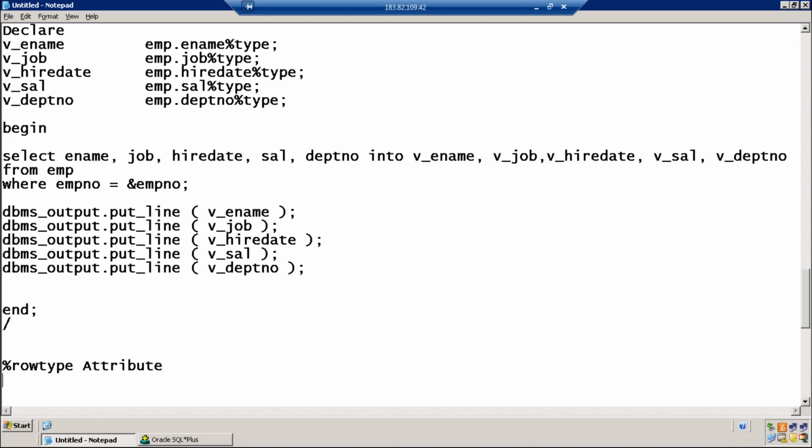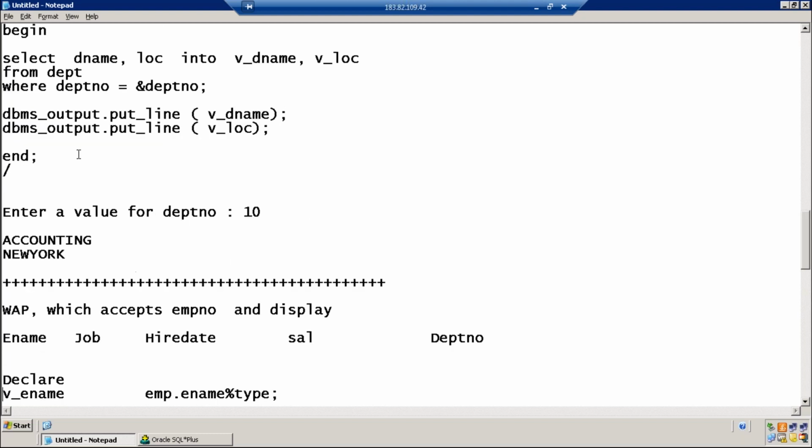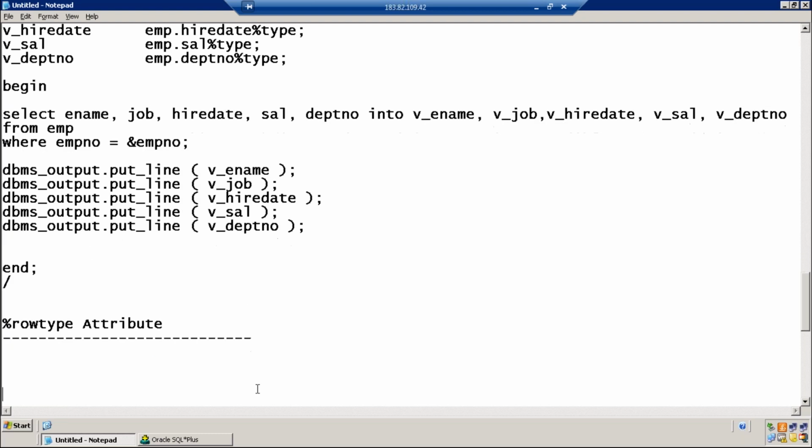We are learning a new concept, that is percentage row type attribute. Last time what we used is percentage type attribute, which is used for declaring variables. Now I am using percentage row type attribute.